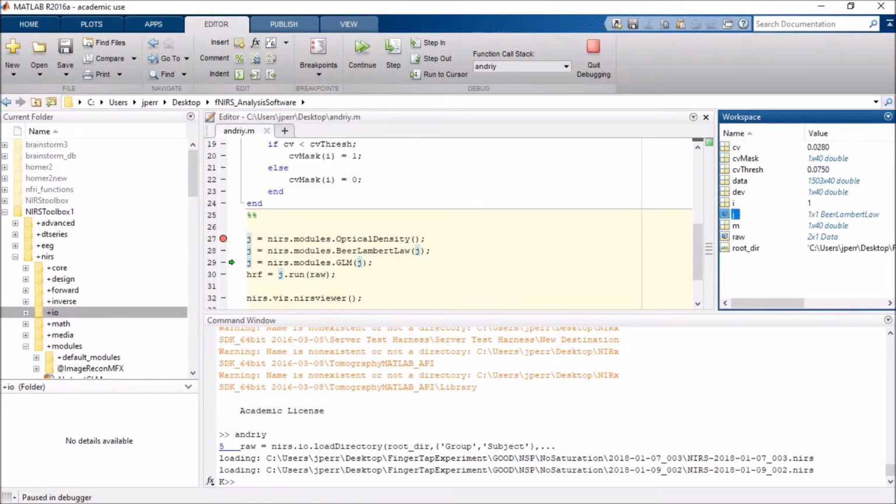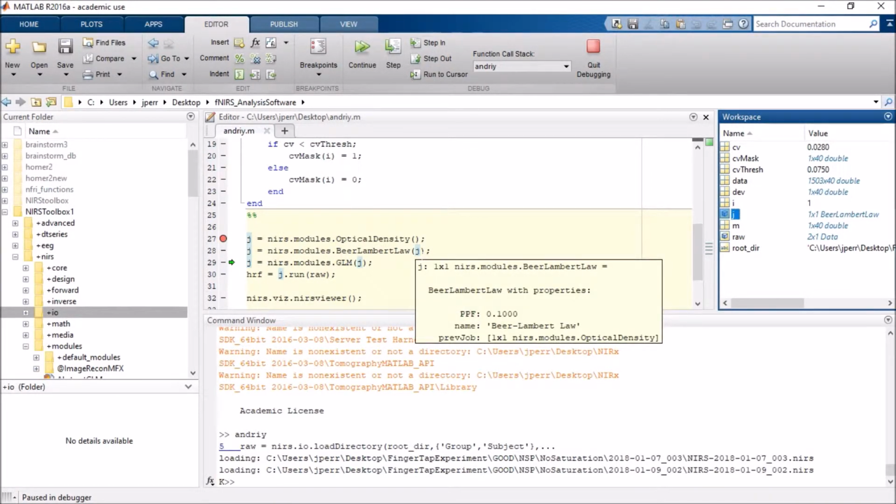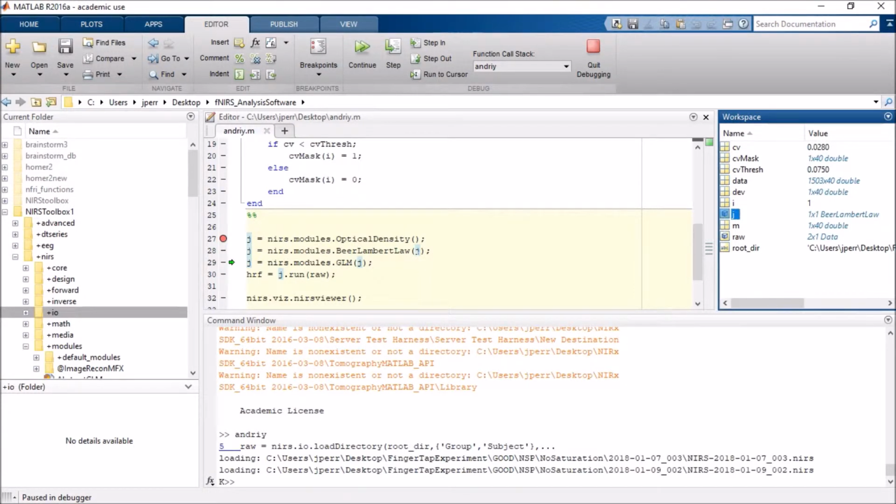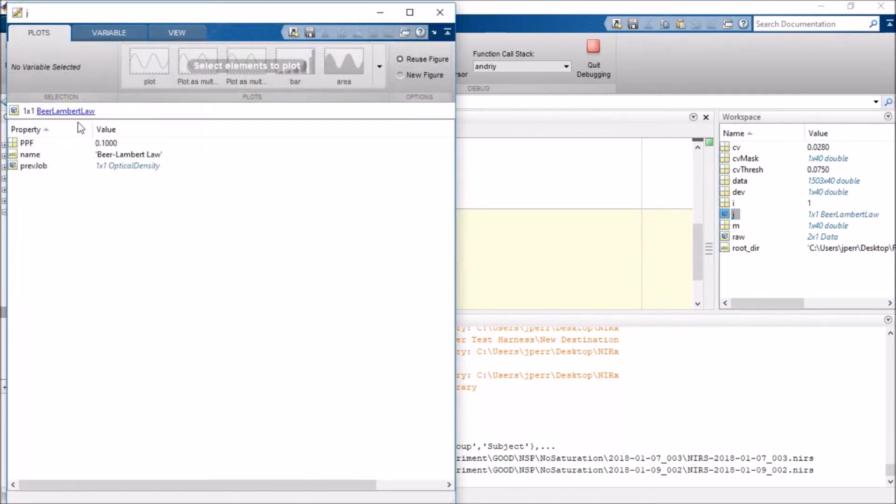So I run the optical density, the output becomes the J. From there, I take the output J, put it into this next method, this next module, which is the Beer-Lambert law. This will take the optical density and convert it into concentration. So now if I open up my J, it will not only have the name of my current job, as well as some default values, which you have access to change, but it will also have the name of my previous job, which I can then open up and see and continue this in a